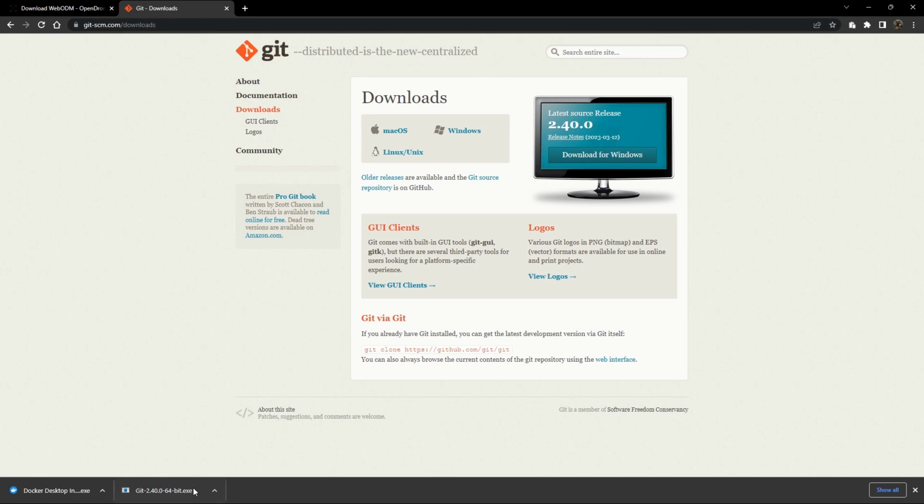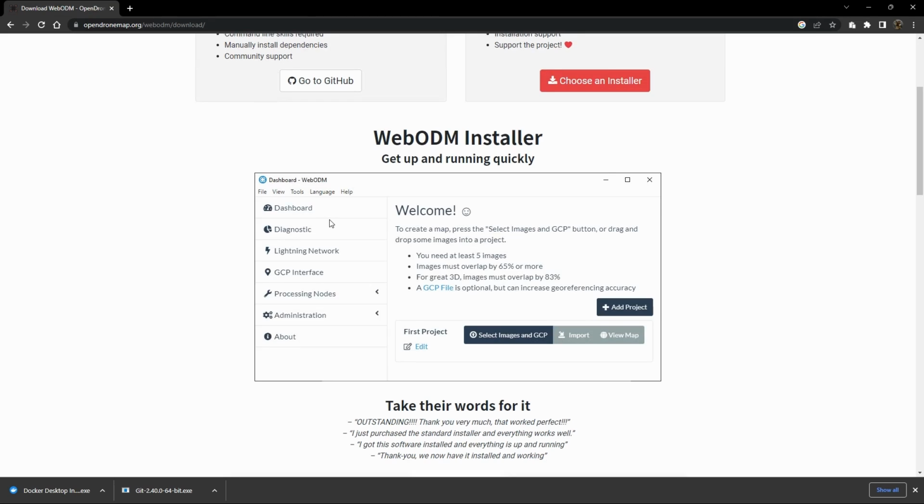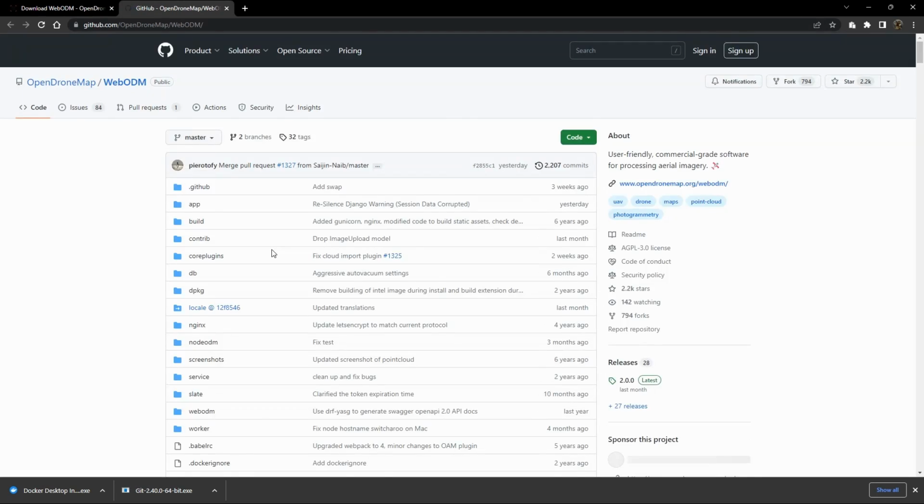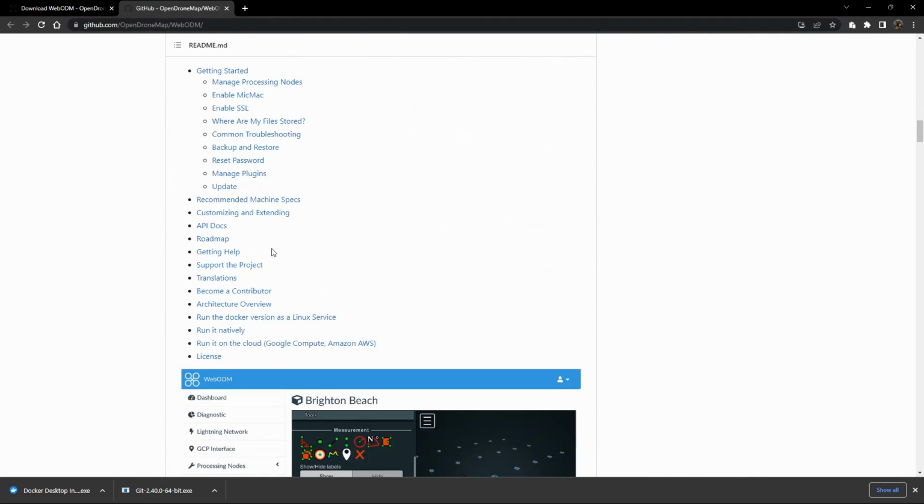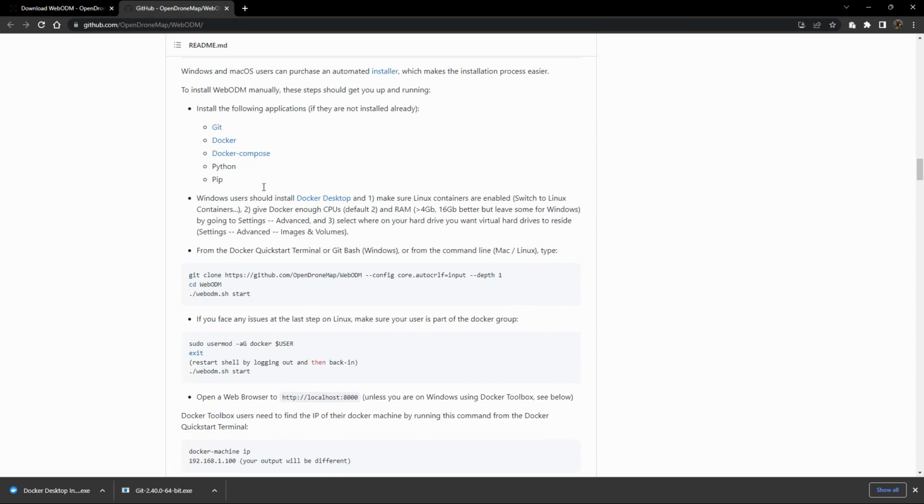As you can see down here, I have already downloaded that to save some time. Once you have Git, then you're going to need Docker also. So if you are back here on the GitHub page on the README, you will see that there is Docker, and you're going to go ahead and get Docker